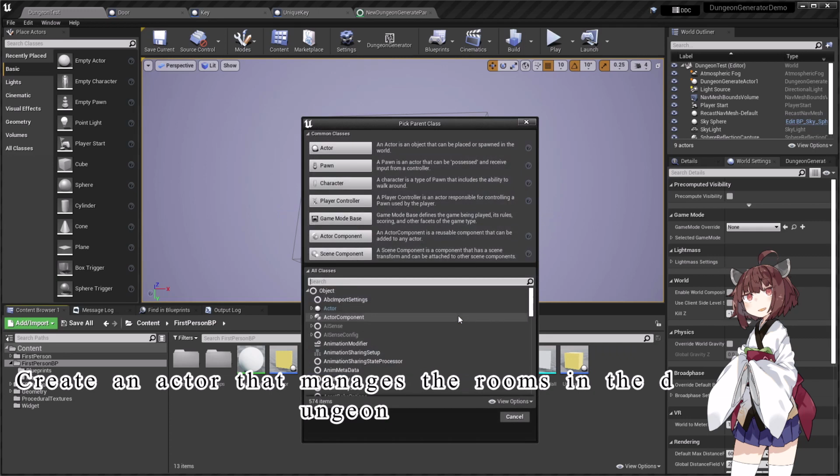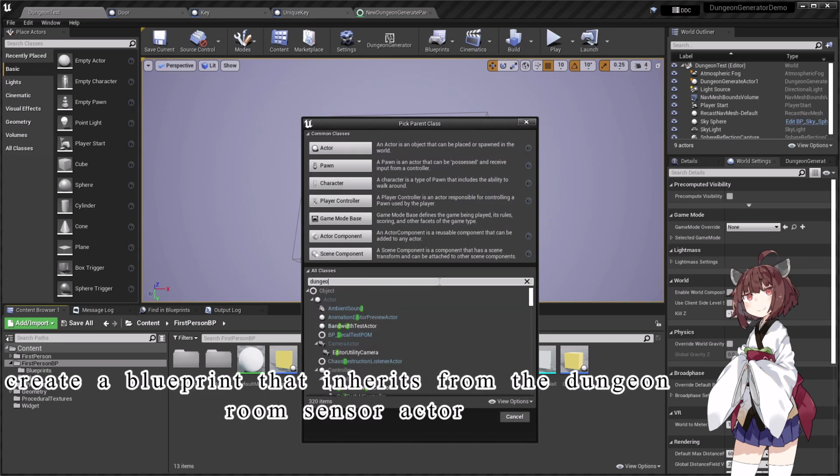Create an actor that manages the rooms in the dungeon. Create a blueprint that inherits from the dungeon room sensor actor.